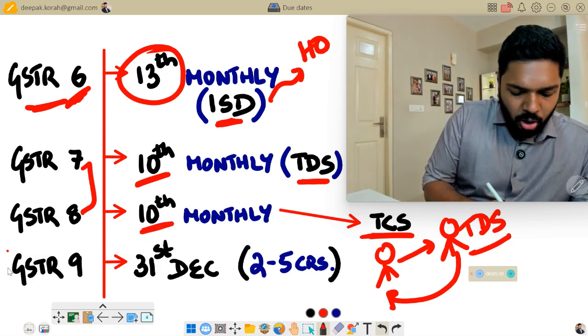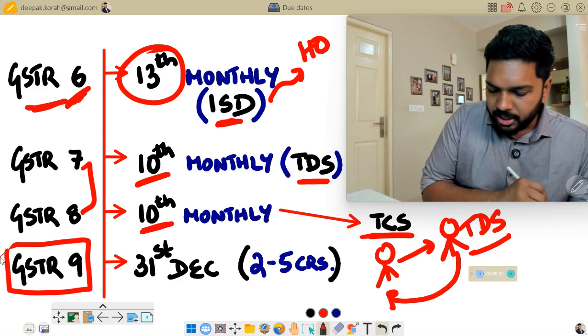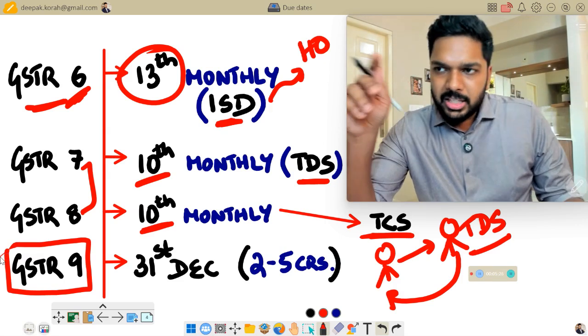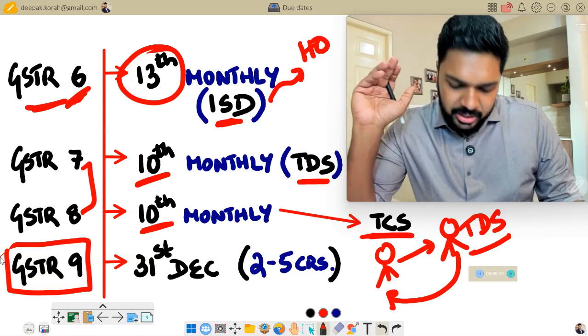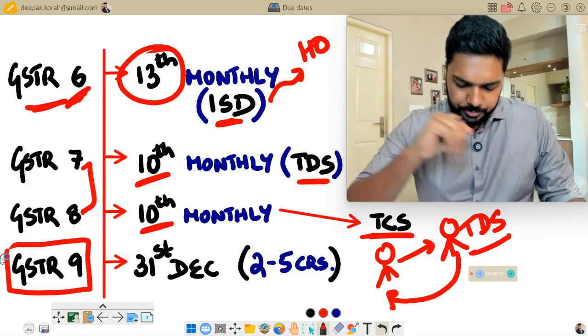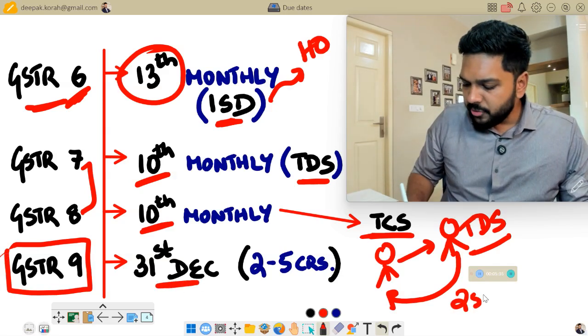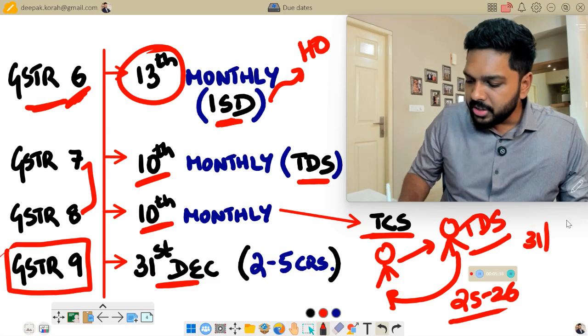And then you have something called a GSTR-9, which is your annual return. And this annual return is basically meant for those whose aggregate turnover is exceeding 2 crore rupees. They'll have to file an annual return. And the due date is 31st of December. So if you talk about 25-26, then the due date to file a GSTR-9 annual return is 31st of December